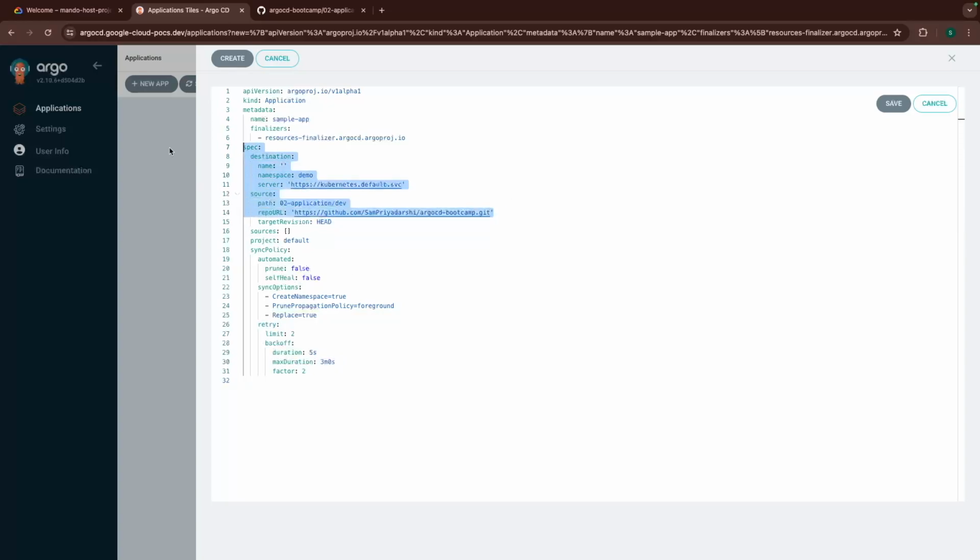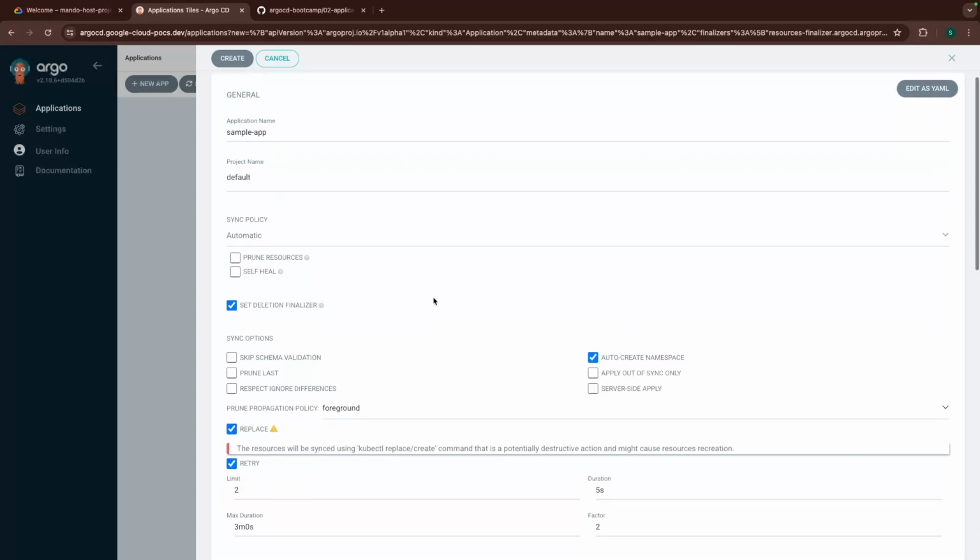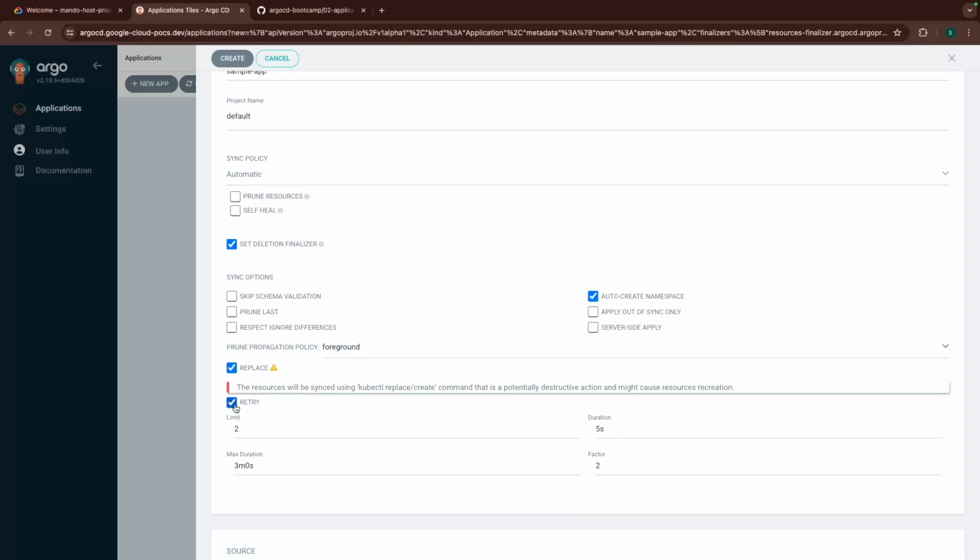Now this one is common to last session as well, but you can see also this finalizer. So this is the finalizer which gets added if you set that deletion finalizer. So if this would have been an application set, then this finalizer would have made sure that whatever application that particular application set would have created, it would have deleted that application as well. So I'll cancel out of this, and let me go ahead and then create this, and